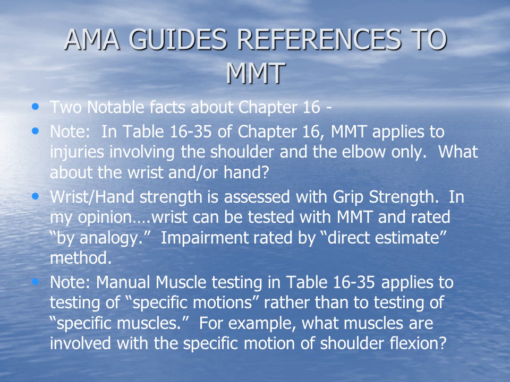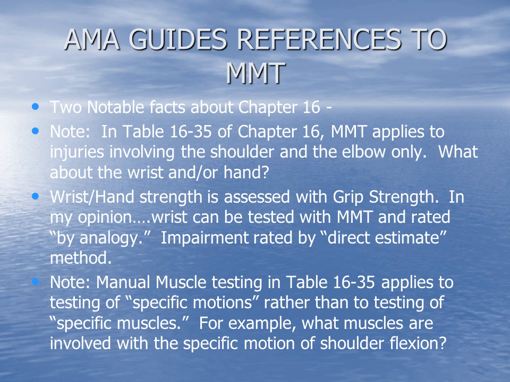Well, it's multiple muscles. You've got your anterior deltoid, your coracobrachialis, your long head of the biceps, right? There's several muscles involved with shoulder flexion. We're not testing individual muscles here in Chapter 16. We're testing individual motions,